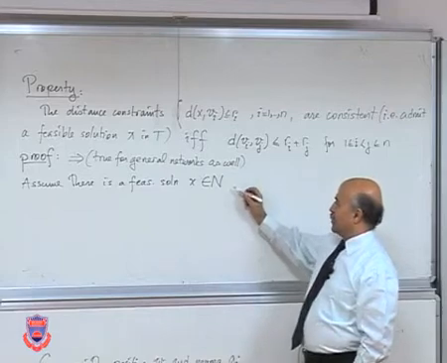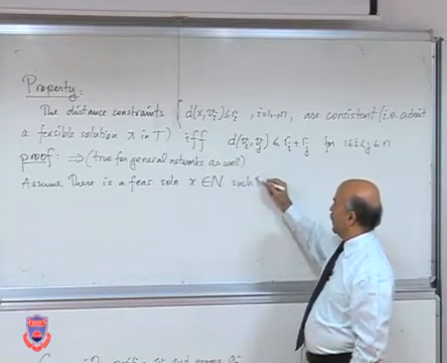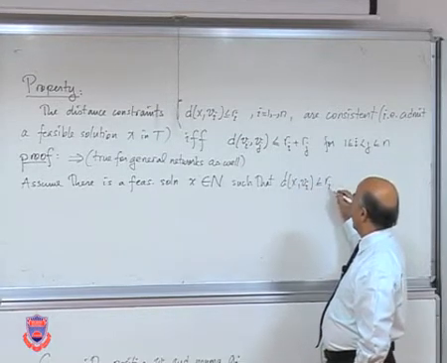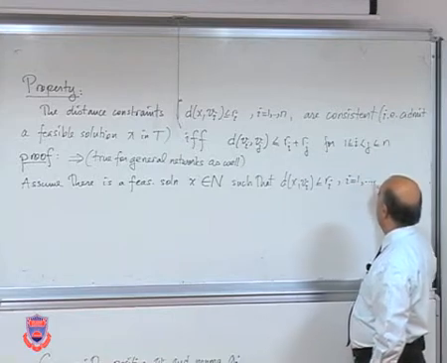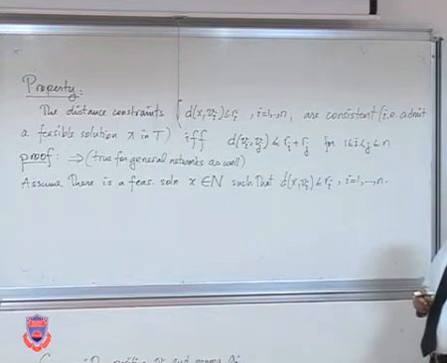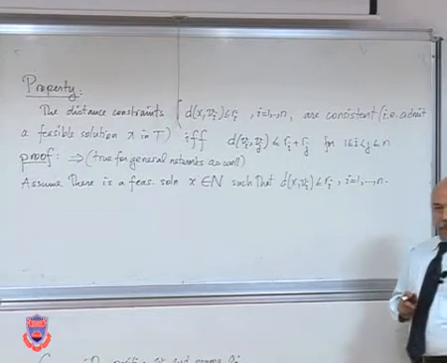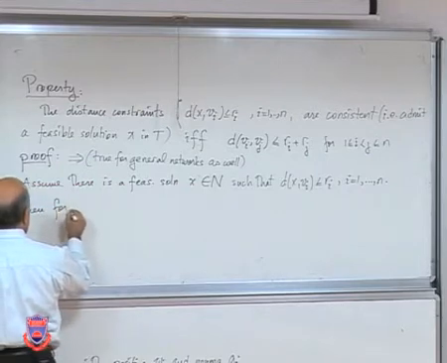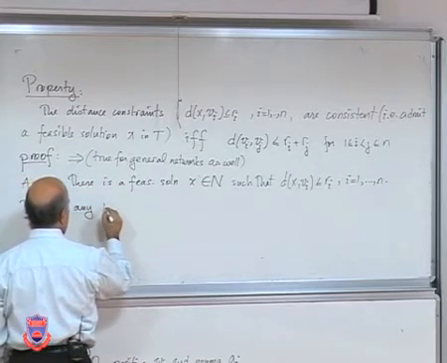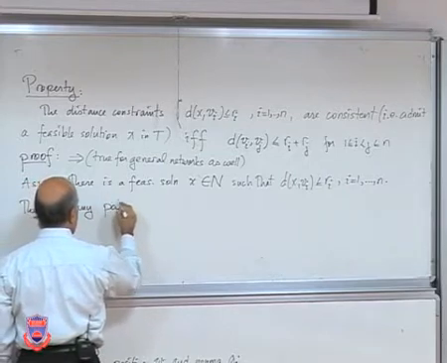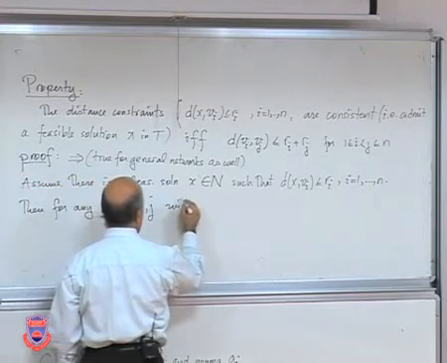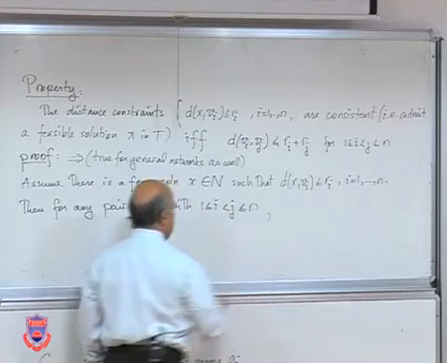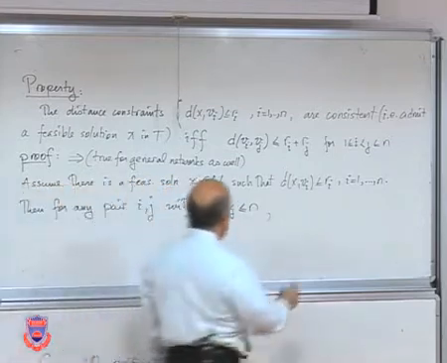Assume there's a feasible solution X in the network such that distance X Vi less or equal Ri, i between 1 to n. So what do I do now? Then for any pair ij satisfying these, we have